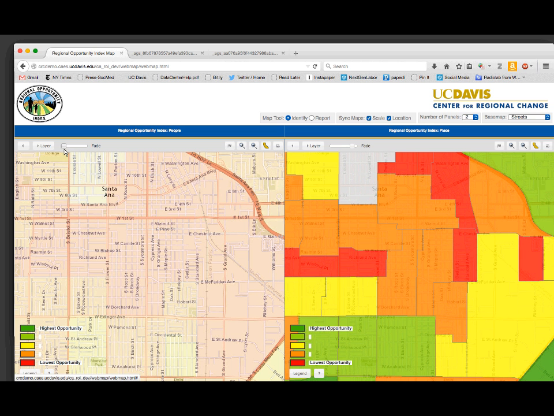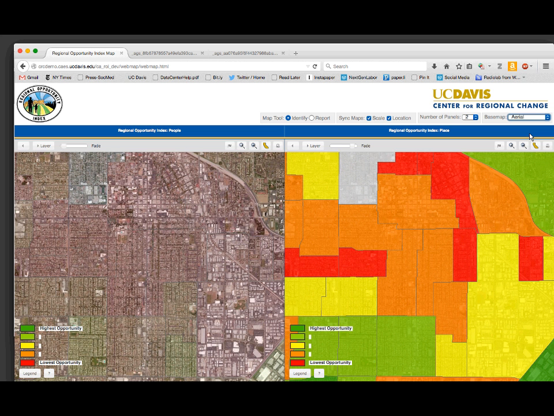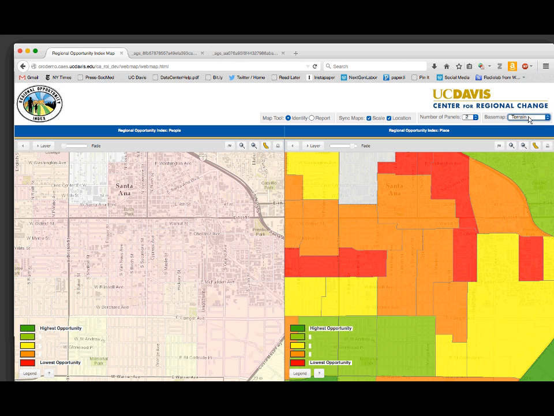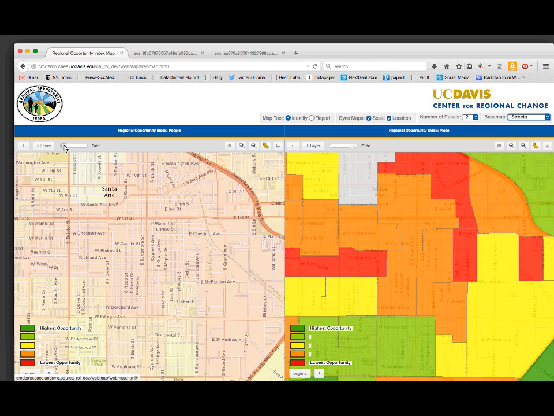So this is part of Santa Ana. You can actually switch to the aerial view if you want to zoom in on a particular area and see what's there. There are different options of mapping that show a little more of the terrain. I'll go back to the street function and bring this back up. So here's an interesting